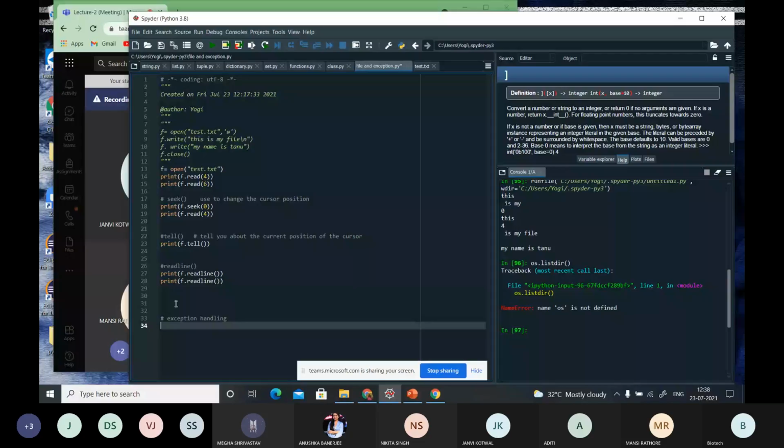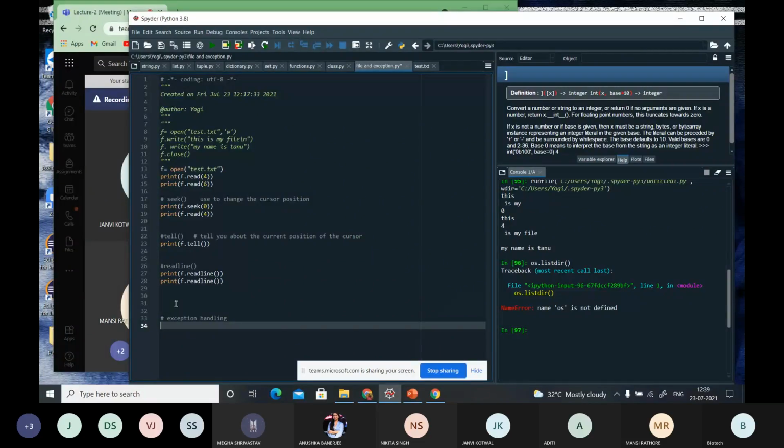So now what is exception handling? Exceptions can be handled by using three types of blocks: try, except and finally, right? So with this, how can we catch the exception? Exceptions can be handled using a try statement, fine.